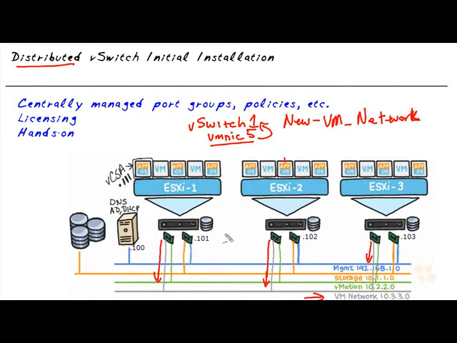Now, one of the challenges of that is that we have some VMs on ESXi 2 and ESXi 3, and those VMs are currently using the new VM network port group, which is connected to switch 1, and we're about to yank away the uplink. So we'll also take the step of moving all of the VMs that are currently using the new VM network,